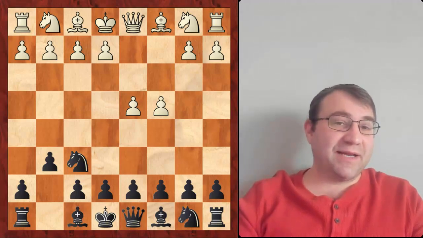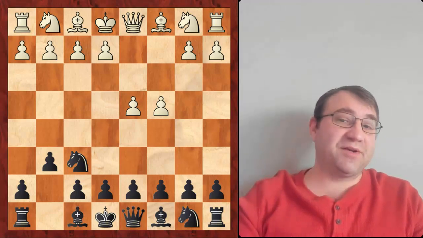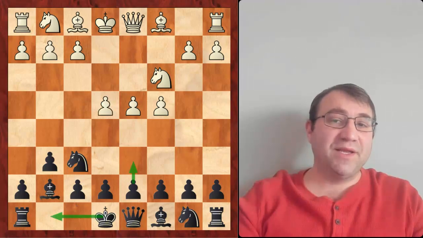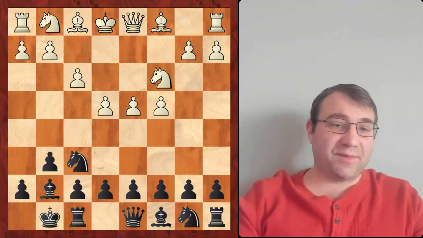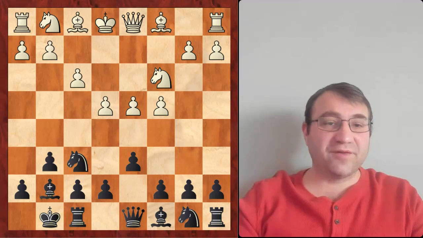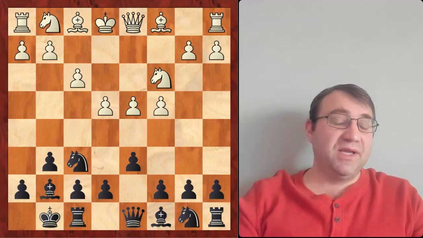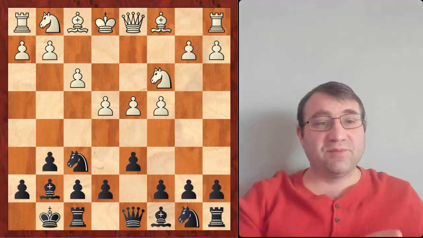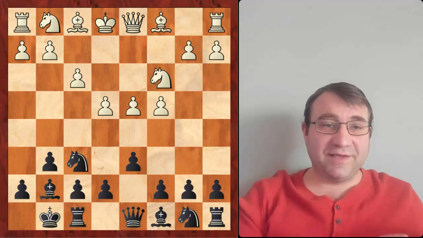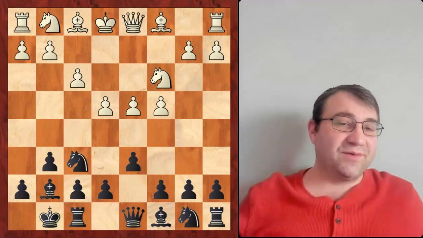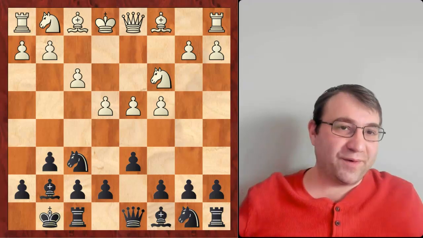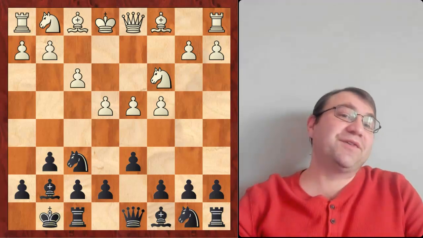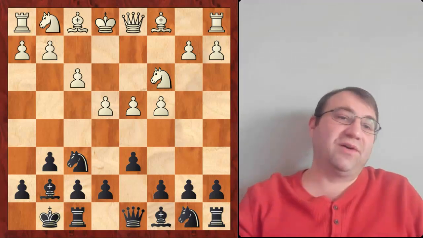This is going to be a deeper dive into some of the more specific lines in the Sämisch that begin after knight c3, bishop g7, e4, castles, pawn to f3, and we'll just have pawn to d6, sort of beginning the Sämisch variation. We're going to be taking a deeper dive into the more specific lines that I didn't get a chance to go over in the other video, which was basically just an overview of all the theory. It ended up being a 25-minute video. This is going to be a shorter video, but we're going to go more into depth into some of the